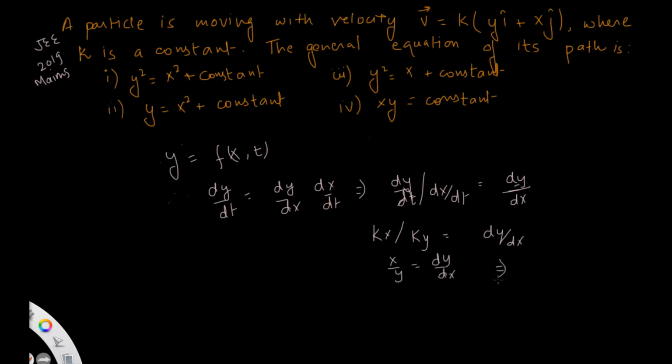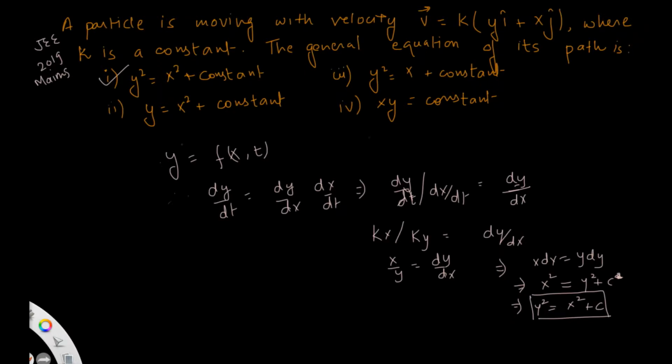We got dy by dx, and when you want to integrate it, x dx equals y dy, then after integration it will be nothing but x square equals y square plus c, or you can write y square equals x square plus c, because c is nothing but a constant, so no need to worry about it. And finally we have got our answer, which is number 1. So you have got your answer and the mistake as well, so that is the point to be noted here.